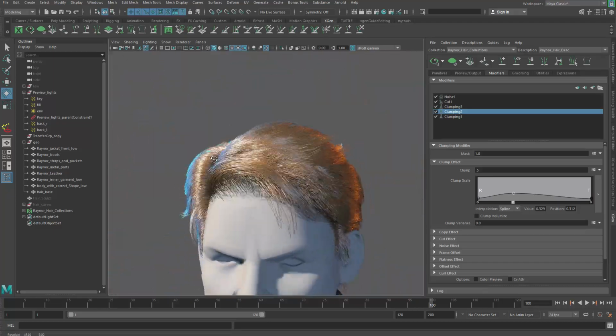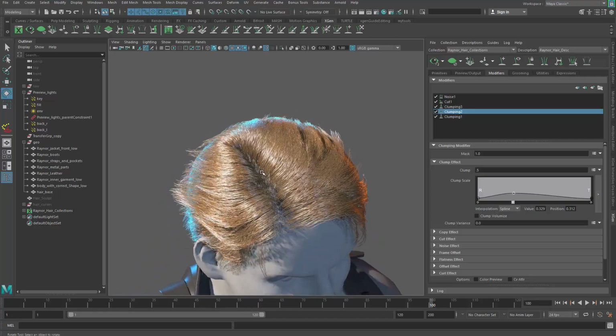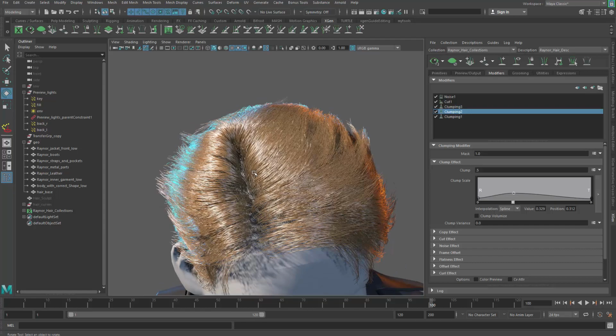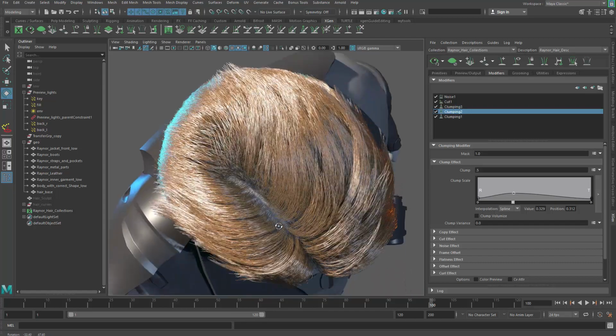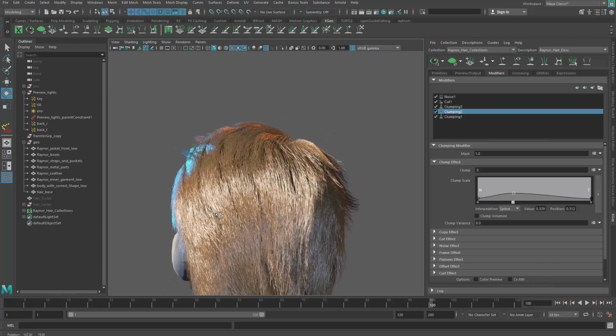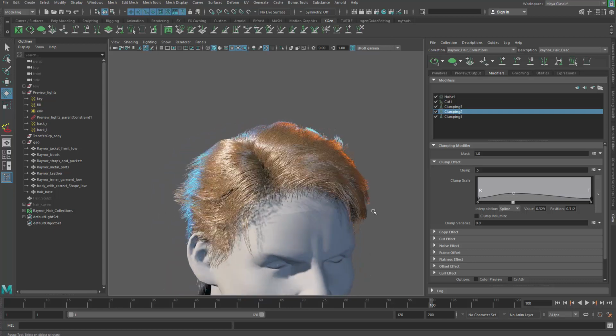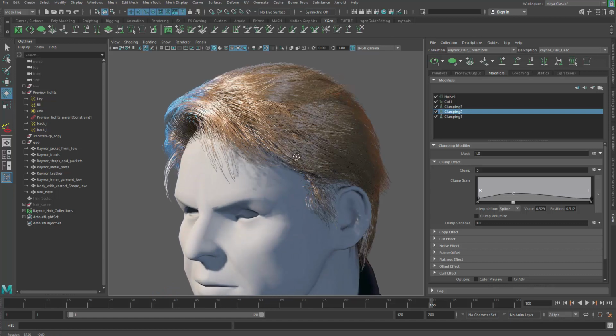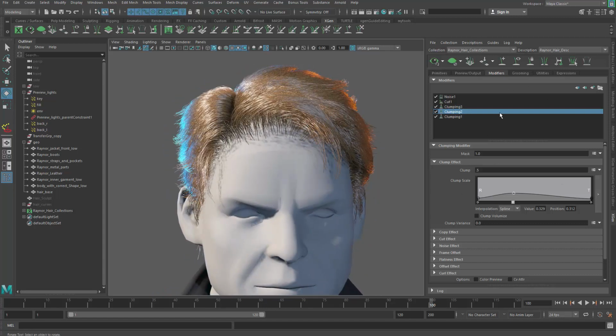So let's talk about some of the technical things we can do to have more control of the hair. Not necessarily better, because the deciding factor will again be the guides and the artistic choice of the shape you make. But it doesn't mean that we cannot have more control with extra features that XGen has, which is something called